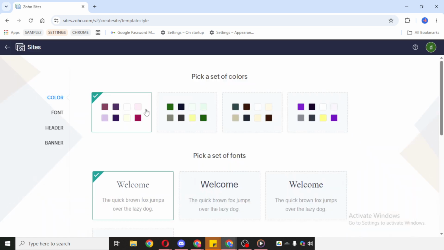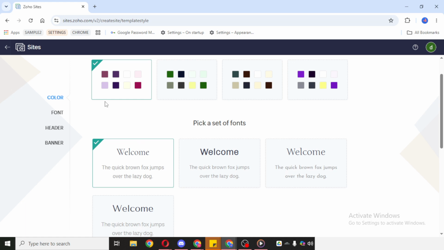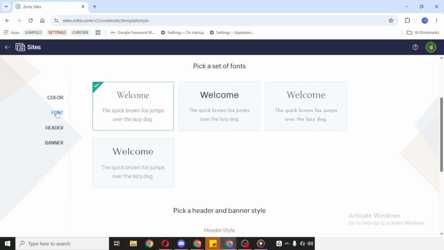And that's the basic process for creating a website with Zoho Website Builder. Open your account, create a new website, enter the name and category, choose a template, and customize it to match